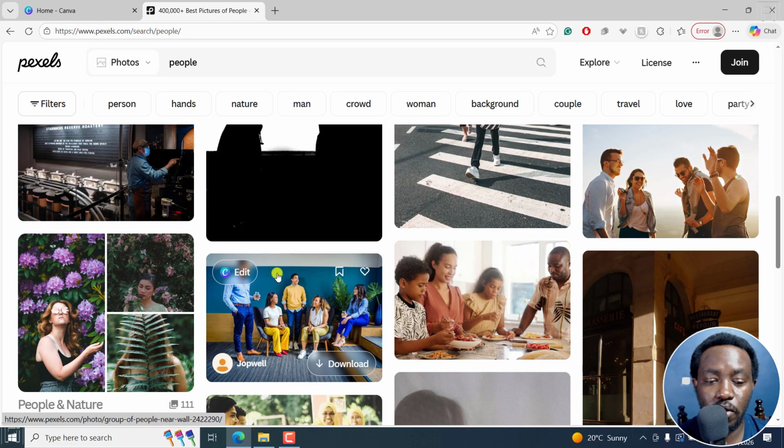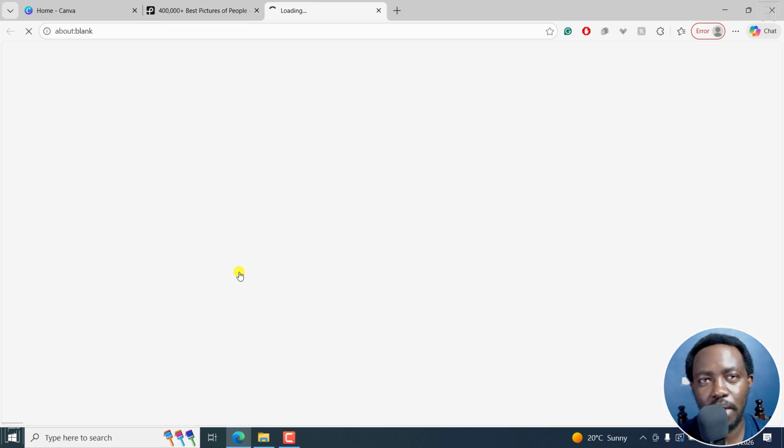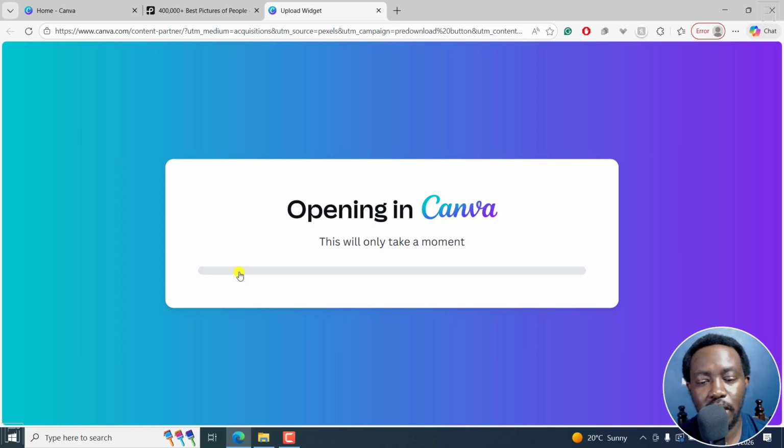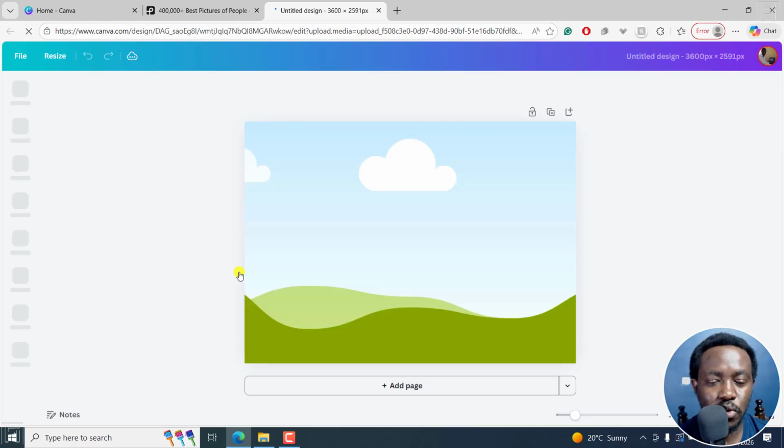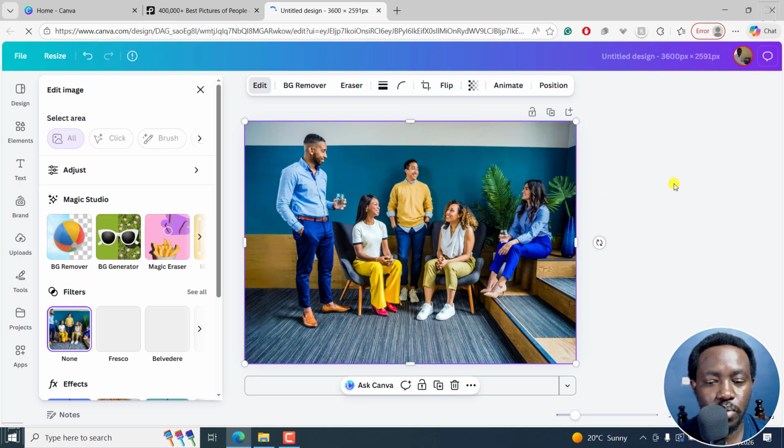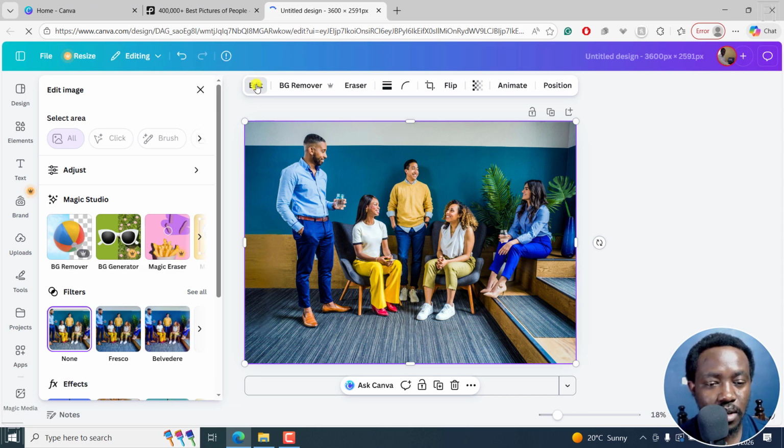When you hover over this, you can see the edit option in Canva because Canva purchased Pexels. You can also download and upload, but I find this to be easier if you're starting from a blank design. So I'll click on edit. It's going to open in Canva, and what we want to do is move things around. The image is going to be right here, and I'll click on the photo right here and the